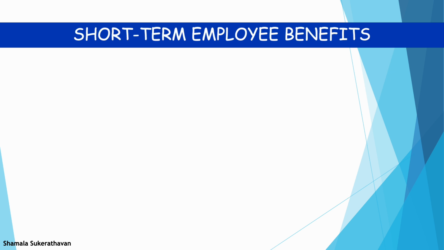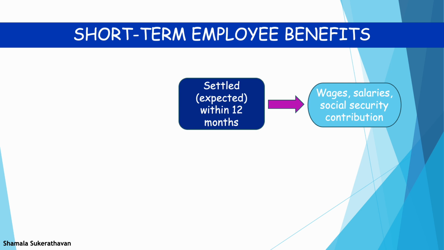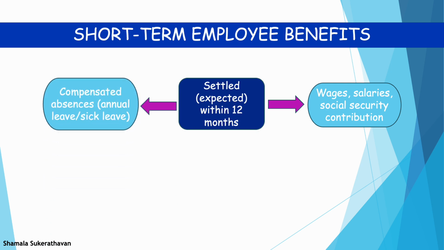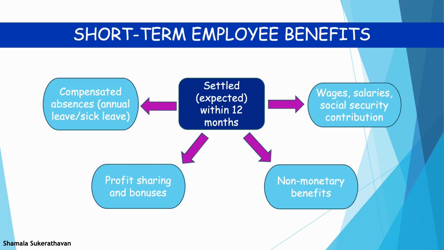Question: what is included under short-term employee benefits? This is employee benefits expected to be settled within 12 months of the end of a reporting period. It includes the following: wages, salaries, and social security contributions, compensated absences such as paid annual leave and paid sick leave, profit sharing and bonuses, and non-monetary benefits such as medical care, housing, cars, and free or subsidized goods or